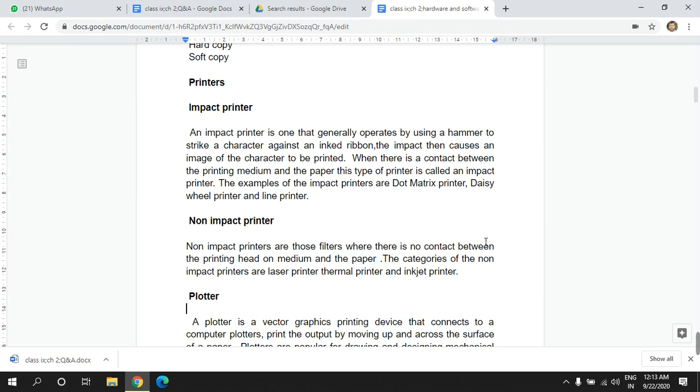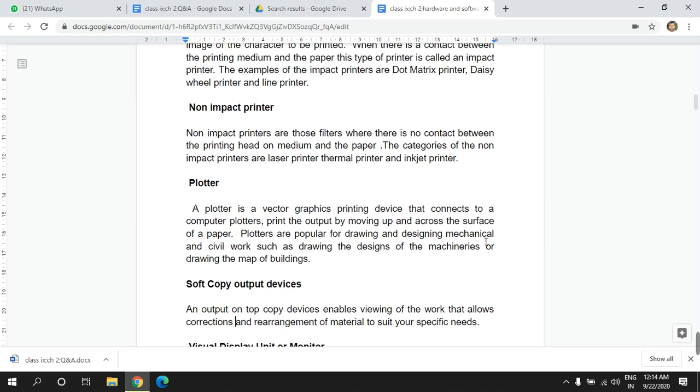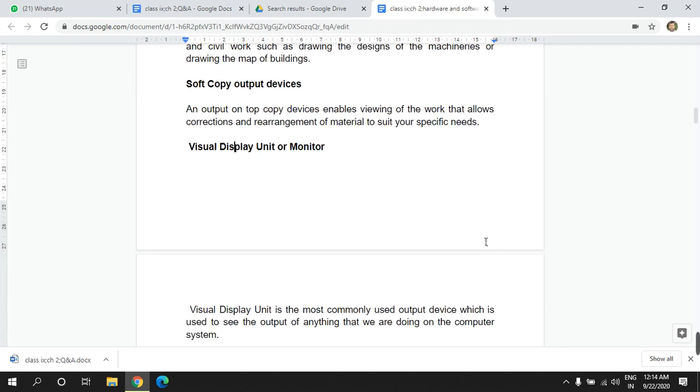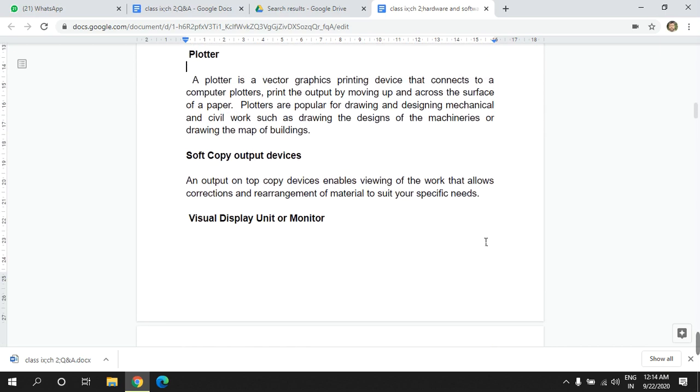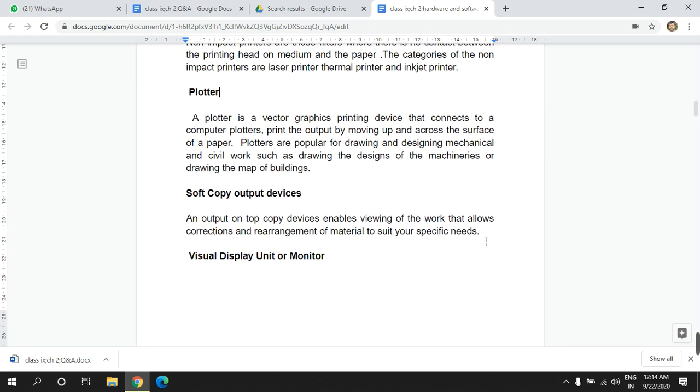So generally, plotters are used for the tasks which require very accurate drawings on the paper, and these drawings could be related to mechanical drawings, the drawing of the machines, or civil drawings, the drawings of the buildings, maps.